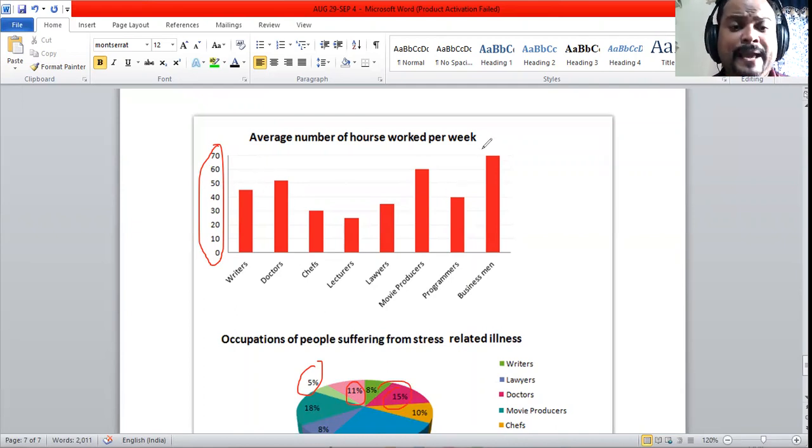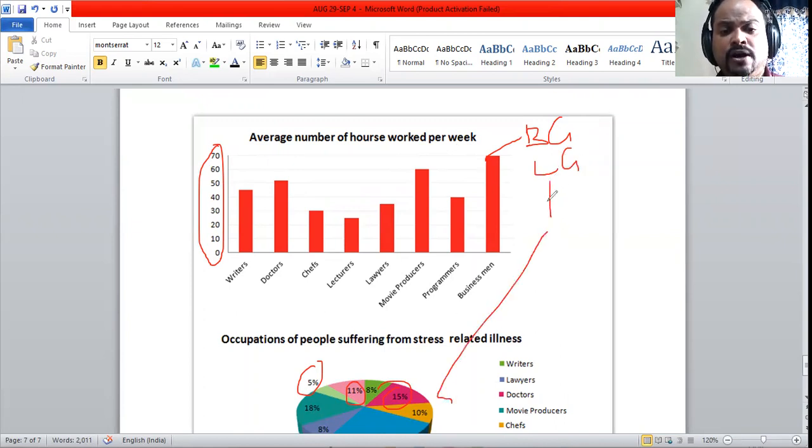So we can say that bar graph is one such, line graph is one such, pie chart is one such, and table is one such. We have bar graph, line graph, pie chart, and table. So these are the four